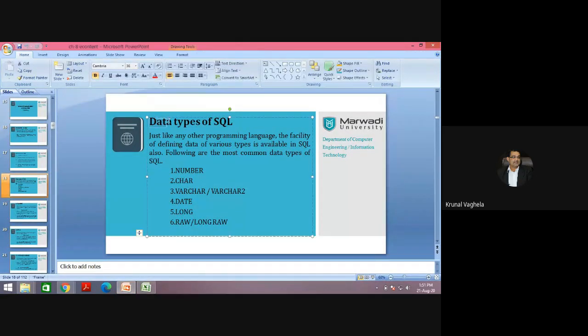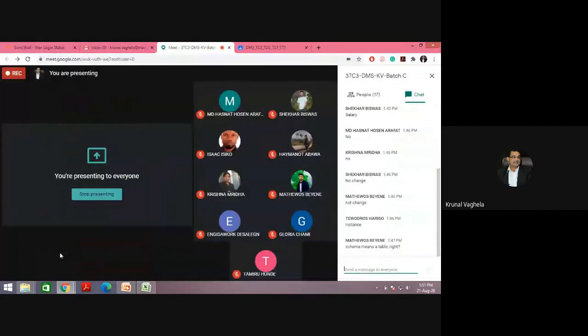One thing we need to know before creating a table is the data type. Can anyone tell me what a data type is, and why we use data types?